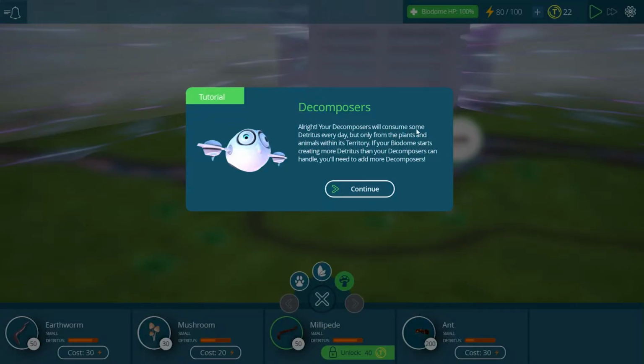Alright, your decomposers will consume some detritus every day, but only from the plants and animals within its territory. If your biodome starts creating more detritus than your decomposers can handle, you'll need to add more decomposers. A predator's role. Predators such as bobcats, red foxes, and ocelots are animals that eat other animals. It's best to place predators down when you have some more prey animals in your biodome to sustain them. The flow of matter. Congrats, you now understand the basics of maintaining an ecosystem with all three elements: producers, consumers,